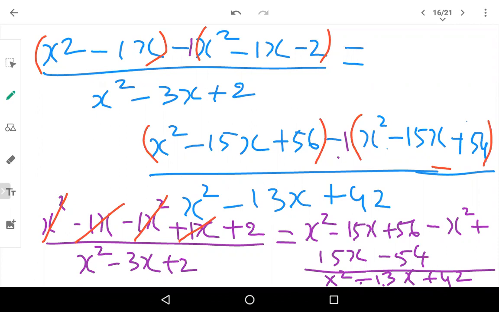Now coming to RHS. Plus x square minus x square will go. And if you see here, you have plus 15 minus 15. Understood? Correct, Anas. Plus 15 minus 15 will also go. So by doing this with the brackets and calculations, we are able to cancel out the maximum of the expressions in the problem. This will make it easier for us to simplify the problem to get x.